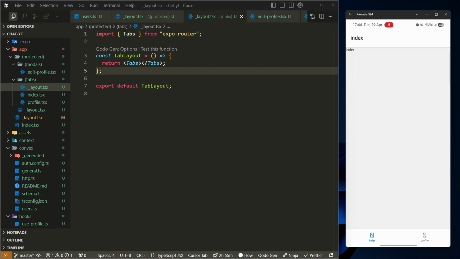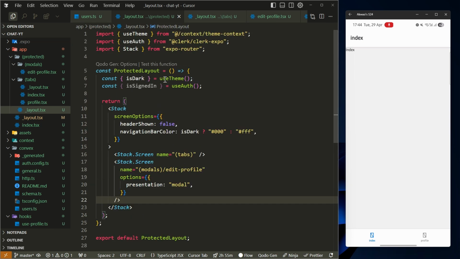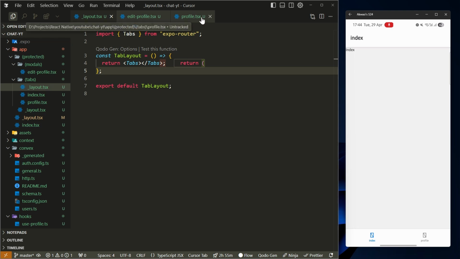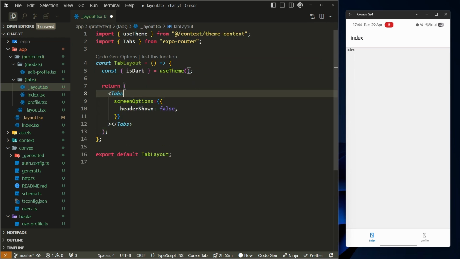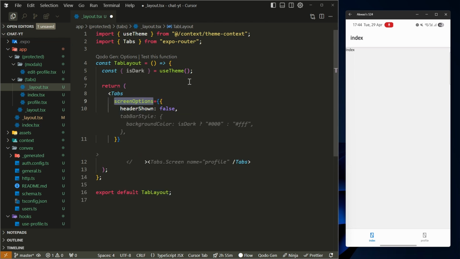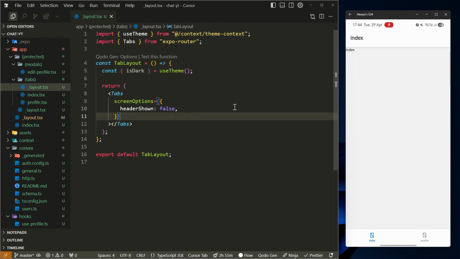Okay, so let's work on this tab page. For now, I think we'll not even need this again, so maybe I can close it. If we need it, we'll go and open it. That's here. Okay, so I'll put this one here and import this. Here we also have what we call screen options, and we can set the header to false. If I save this, you should see that the header goes away. Okay, great. Apart from that, I'm also going to have